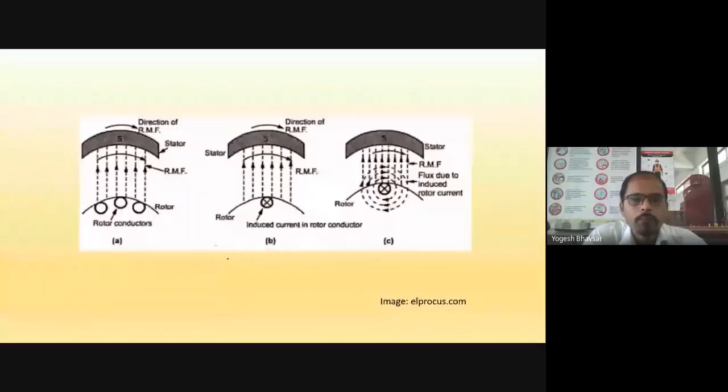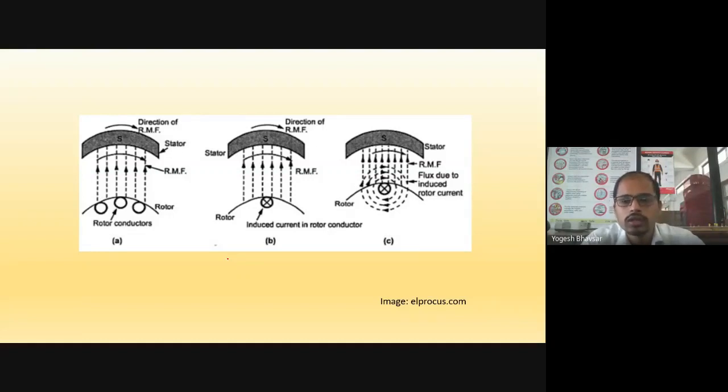But what happens when the rotor is rotating normally, then it cannot achieve the speed at which the magnetic field rotates. Look at this point. Because when the rotor rotates in the same direction, at the same rotation speed at which the magnetic field rotates, there will be no induced EMF, right? Induced EMF will be 0. So again the induced EMF will be 0. So that's why again there will be no rotor currents, there will be no rotor torque.